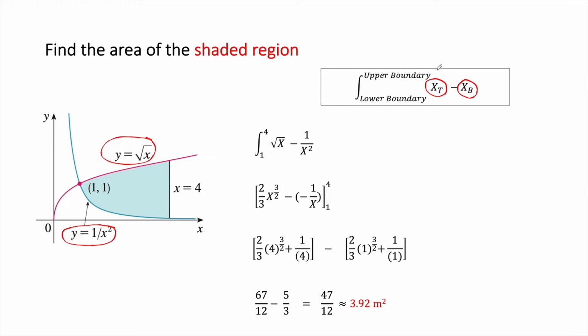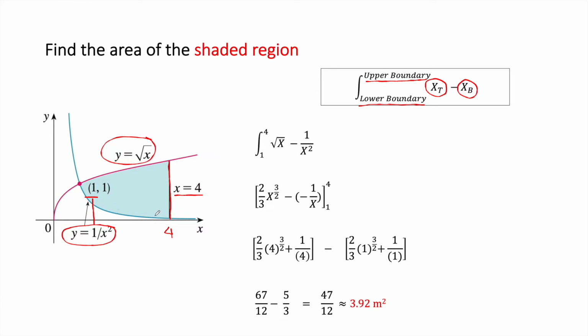Now the upper boundary refers to the x value that we end on, which is 4. If you draw that, it becomes 4, and we start at 1, as you can see here. So that's our upper and lower boundaries. The upper boundary is 4 and the lower boundary is 1. And just a quick tip: typically in a question where the equations are y equals, you always use your x